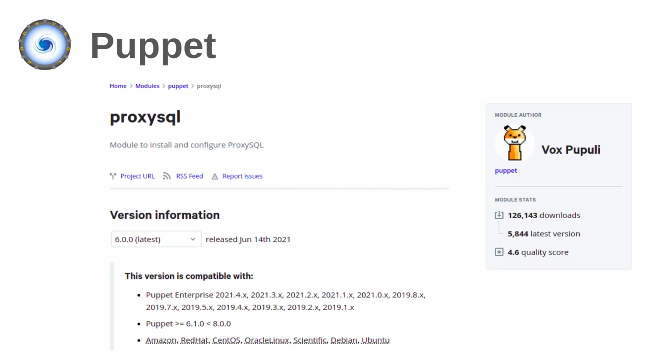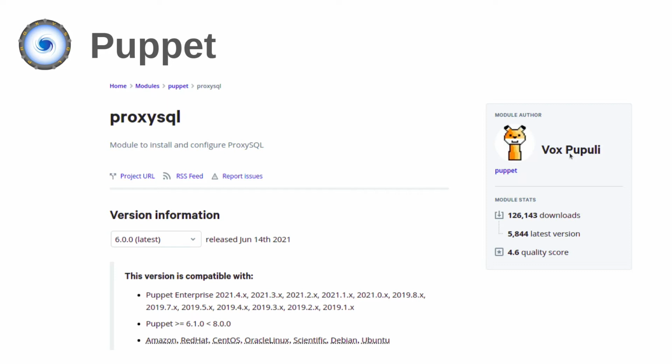Then we have Puppet. This one is extremely popular to configure the various elements of ProxySQL. And I think Puppet is the most popular at the moment, considering the number of downloads.